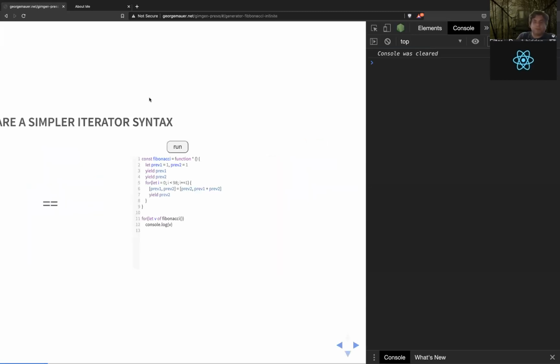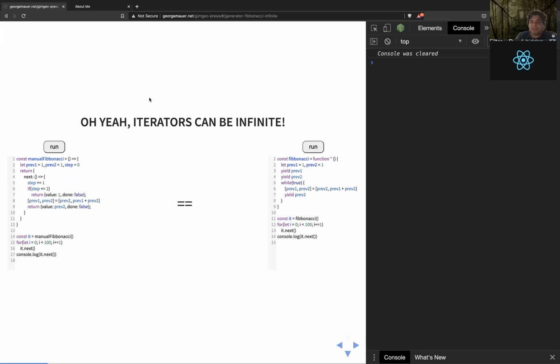Let's move on. This is something that's pretty useful to understand. Iterators can be infinite. They don't actually have to stop anywhere. It's just a function that you have a next method on, and that returns a value and a done, right? No one says that the done ever has to equal true. That's not part of the spec. It could always be false.